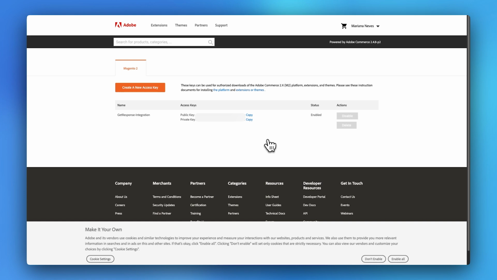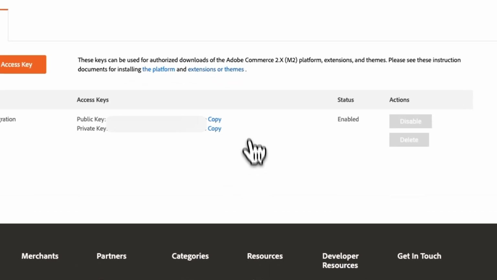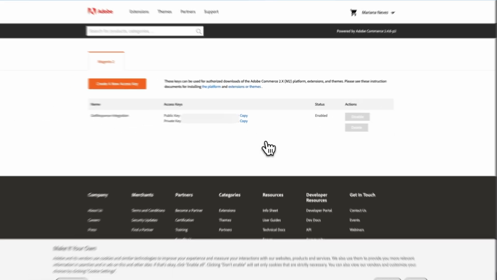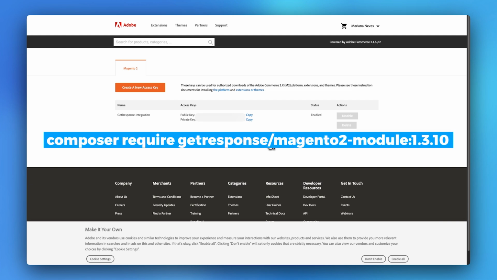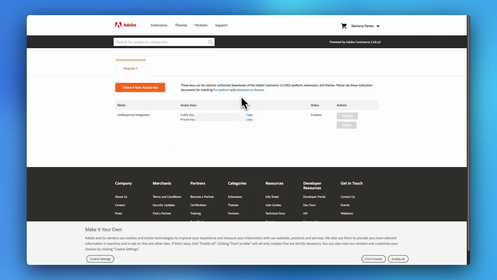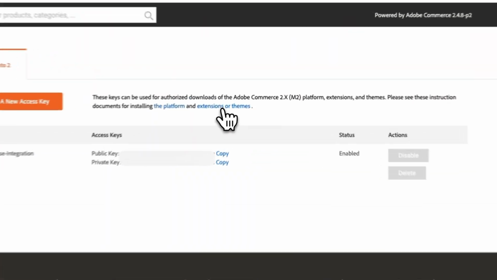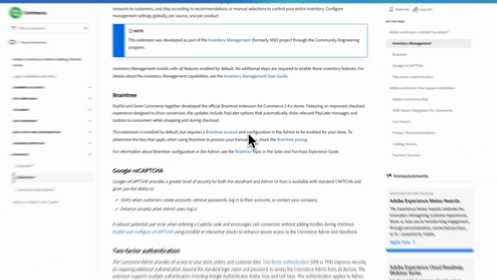If you're managing your Magento server yourself, you'll install the GetResponse extension with Composer, and for that, you should copy and paste your public and private keys in your JSON file inside your project, and then use the command that you are seeing now on the screen to add the GetResponse extension. These last numbers you see will depend on the version you wish to install, so be aware of that. And I won't go into more detail into this process. We do recommend you read the dev docs from Adobe on how to install extensions for more detailed help on